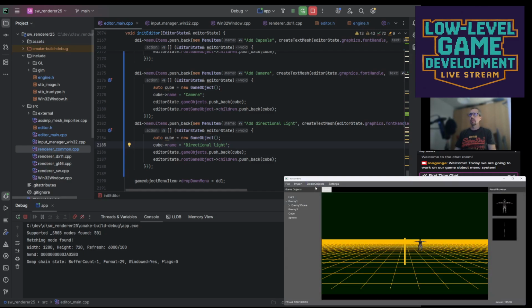Add a cube, add a sphere, add a capsule, add a camera, add a directional light, add another capsule, add another cube. Perfect. Okay, so now, wow. So now we could go really super overboard, and we could actually now try something that has